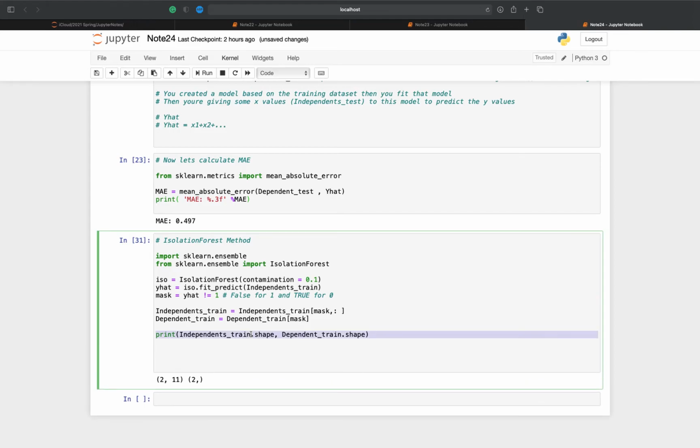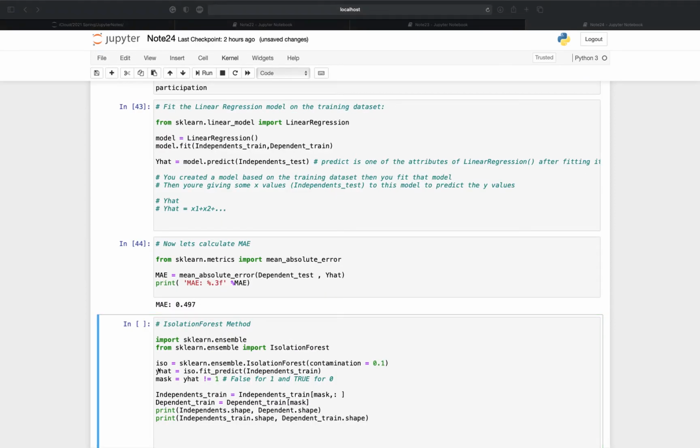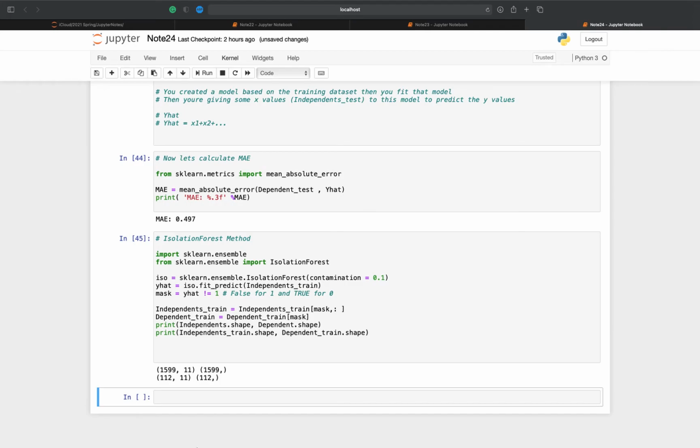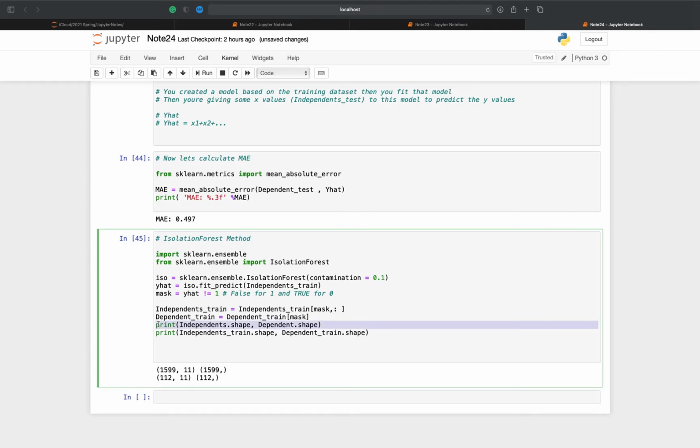And then what about test? Running this. Okay, so now what this says, out of all the independent and dependent variables we had in our original data set, which was this much,